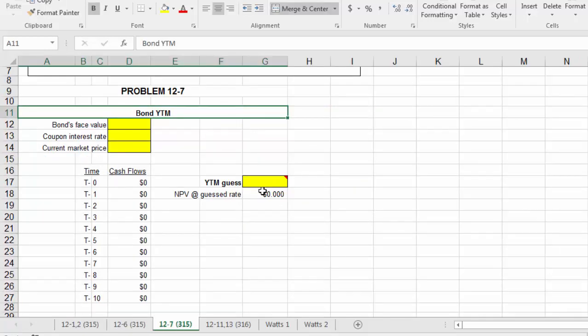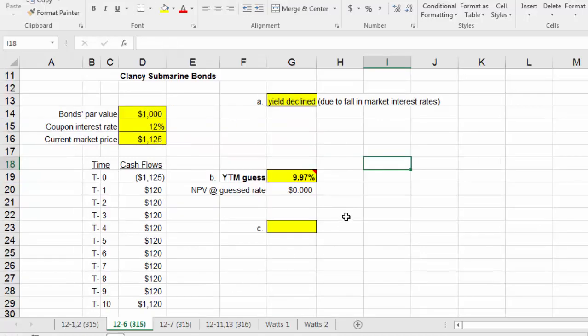Get that net present value to 0. That'll give us the yield to maturity when the bond is priced properly. Back to 12.6 really quick. It says, what would the yield to maturity have to be to make the market price of the bond equal to the face value? Well,